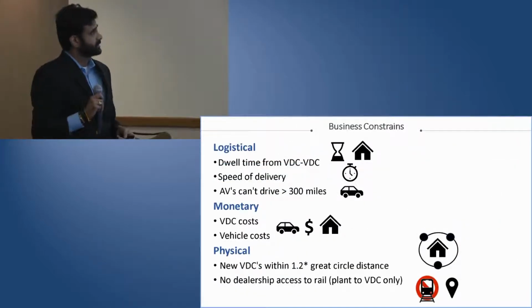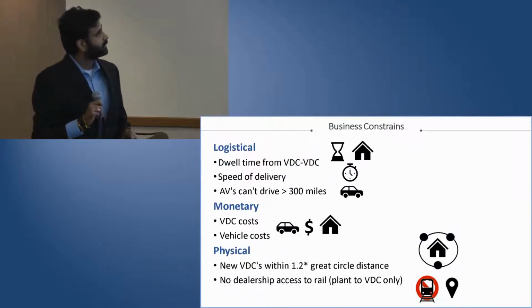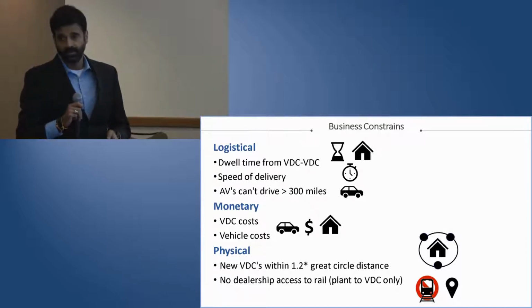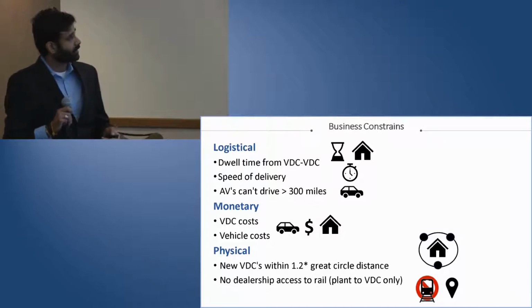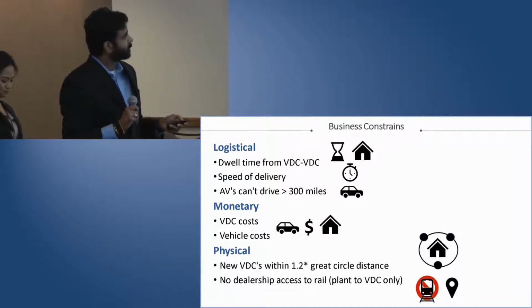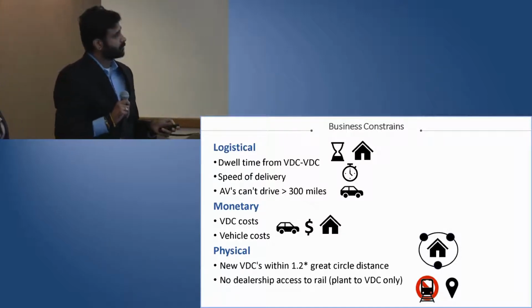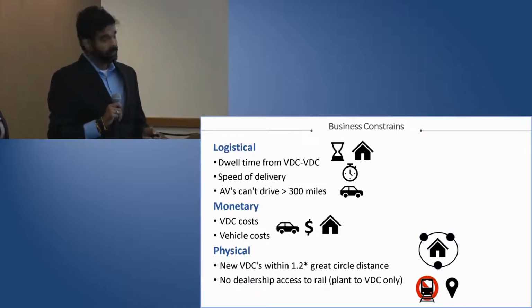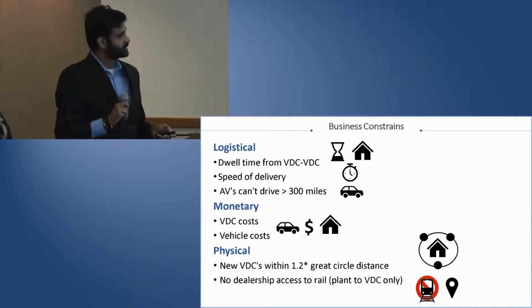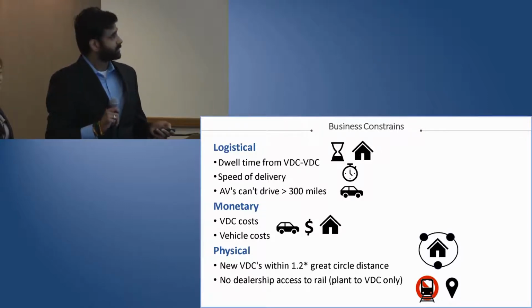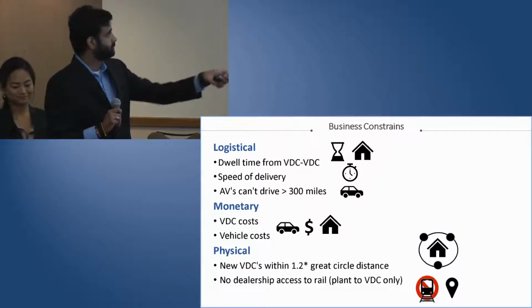These are all the business constraints that we account as part of our model development. We classify the business constraints into 3 categories: logistical constraints, like AVs cannot drive more than 300 miles, and the monetary constraints, like cost involved in setting up the VDC, the vehicle cost, shipping cost, delivery cost, etc. The physical constraints, like no dealership access to the railroad. I'm passing on to Kim to talk about the